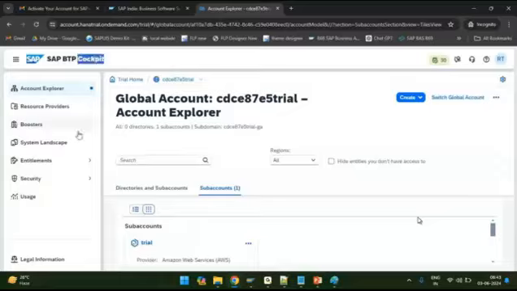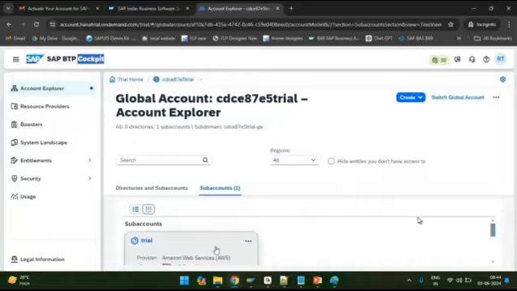So here from this particular page, if you want to go to any system or tool or any other service, you can navigate. So that's the reason this entire area is called SAP BTP Cockpit. Alright, the next thing we need to do is click on this particular trial, so that is created for us. So sub account, trial,